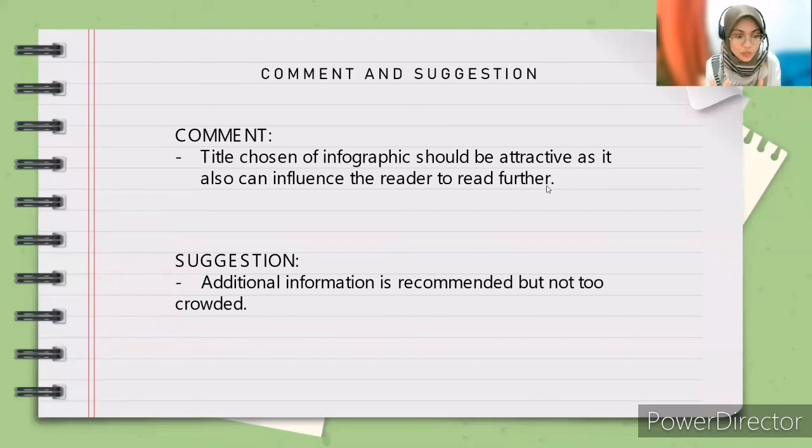So that is why we suggest that additional information is recommended, but make sure to keep it concise and avoid crowded text. Last but not least, while having the ability to develop an infographic is beneficial, having the ability to distinguish between a good and bad infographic is essential too, in order to save your time.